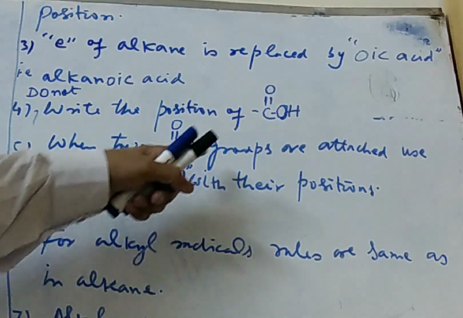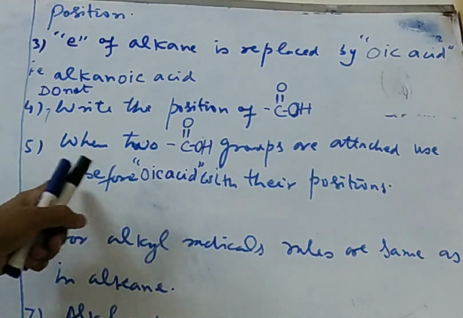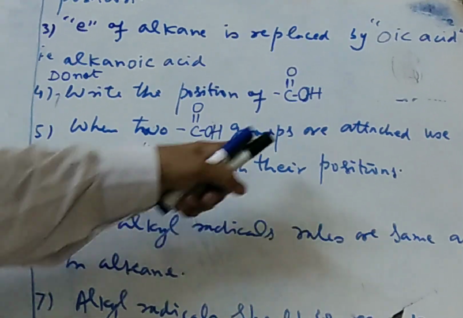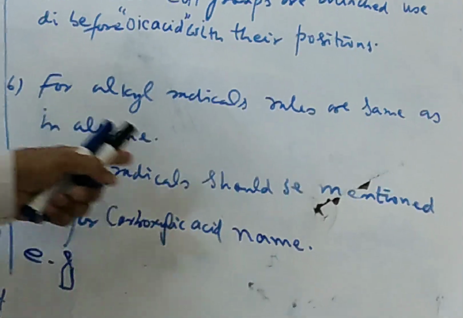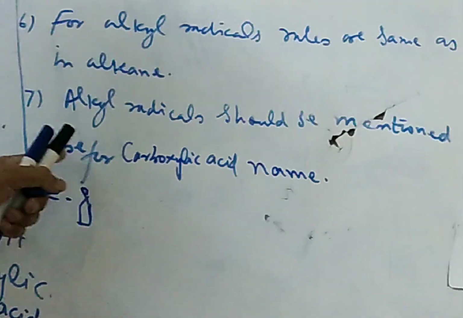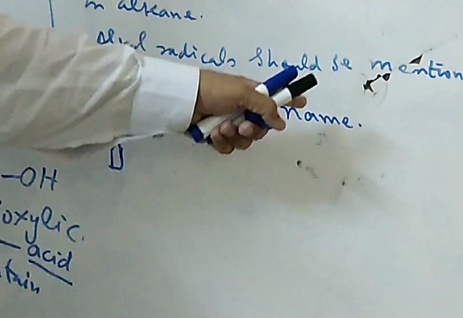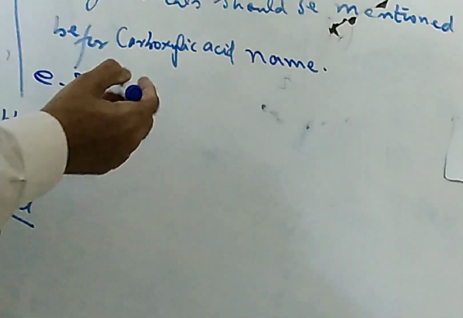When two COOH groups are attached, use di before OIC acid with their positions. For alkyl radicals, the rules are the same as in alkane. The alkyl radical should be mentioned before the carboxylic acid name. For example,